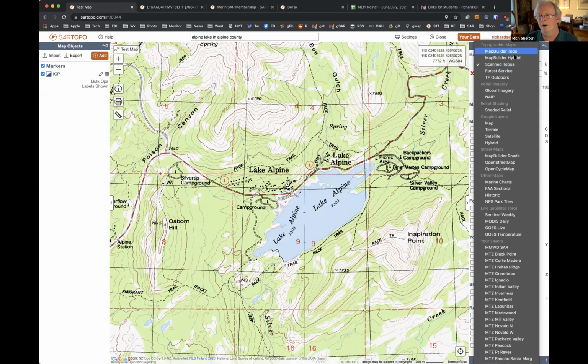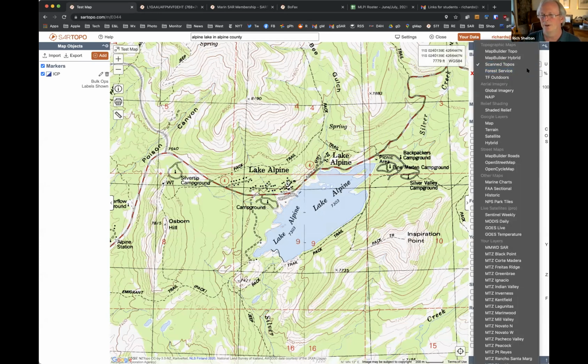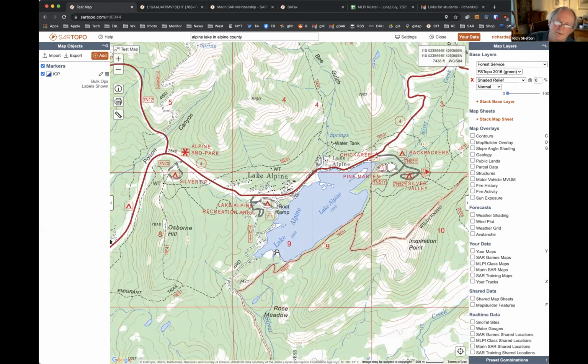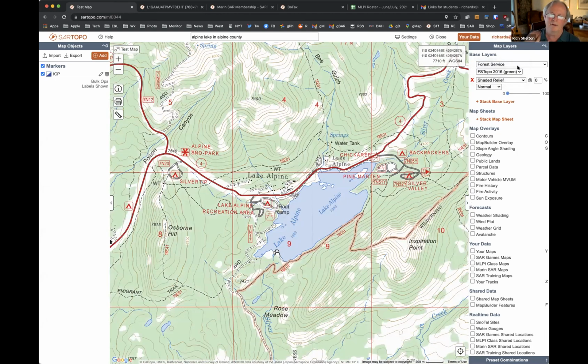maps. There are several different layers here, starting with the ancient fire service maps here, which are still pretty handy at times, but they're not the best, as you probably all know. We find in most cases the Forest Service maps with fairly recent logging roads are the best. You have two choices, 2016 and 2013. Sometimes there's differences, and you can render full white if you want, or you can do a mixture with vegetation as